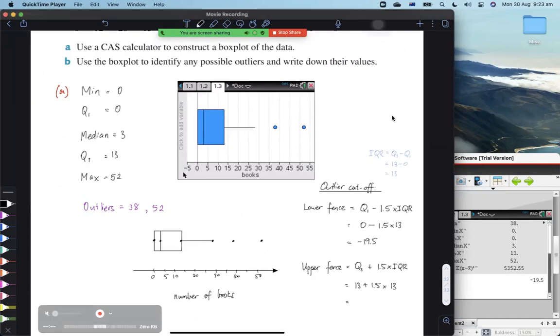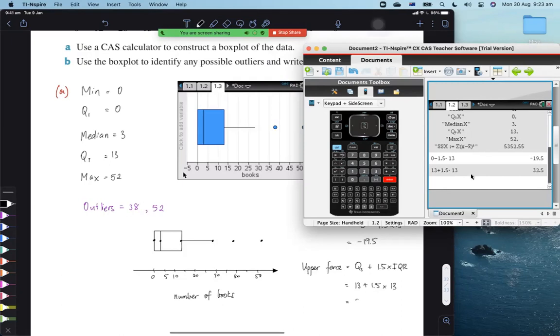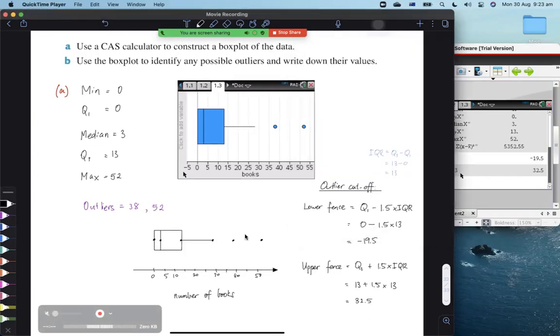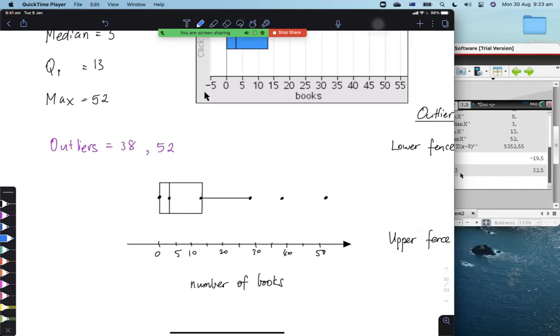Yeah, and what did you get for your calculation? 32.5? Yeah. Okay, awesome. 32.5. So just to have a look here again at our data, and what might be useful as well